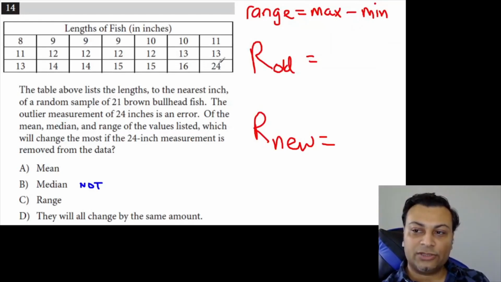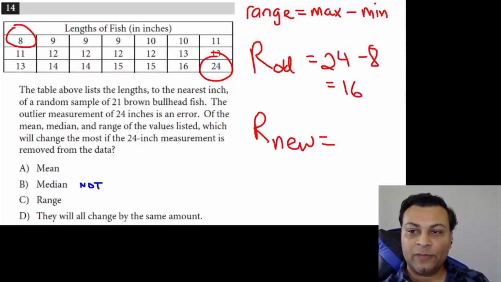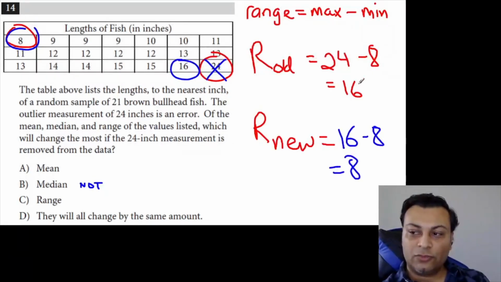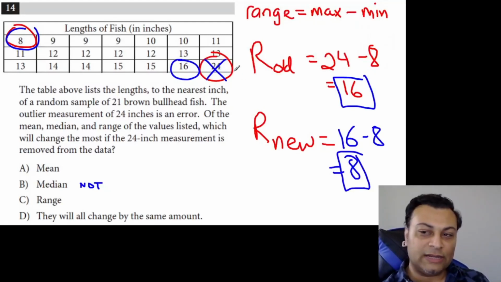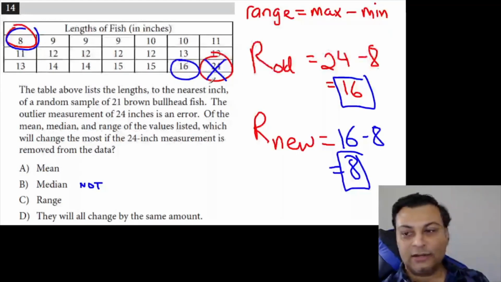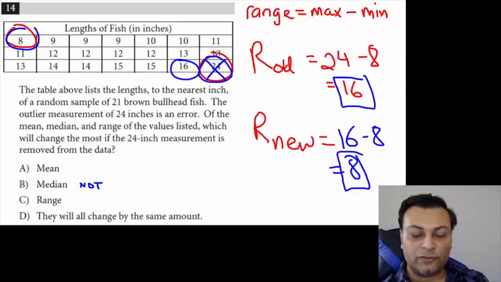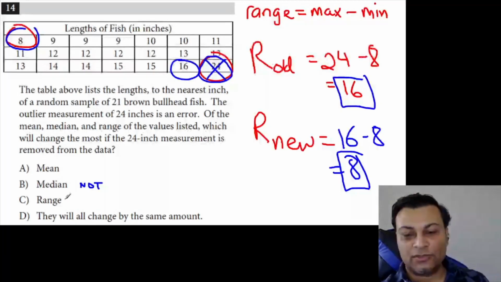Right now the range is 24 minus 8, which is 16. If you remove this, the new range is 16 minus 8, which is 8. The range drops by a full 8. The mean will not drop by 8. The total, you're removing 24 from the total, but the mean doesn't drop by 8. The median doesn't drop at all. So the range is the one that drops the most. So the answer is